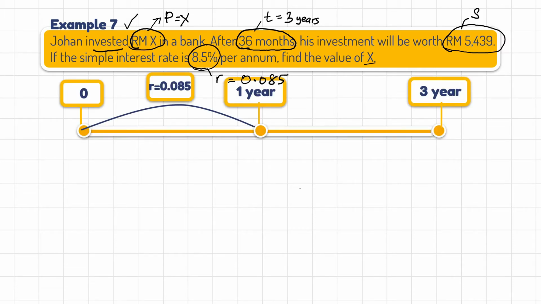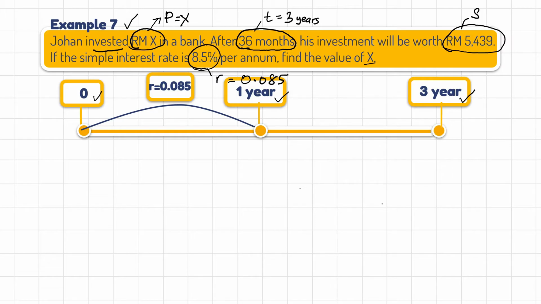Next, let's portray all the information on the timeline. So we will get such that here is 0, representing present or today. And then we have 1 year. Next is 3 years, since the question asks for after 3 years. So this is the simple interest rate. The R that is given is calculated based on the original principal. That's why we just have a single loop here from 0